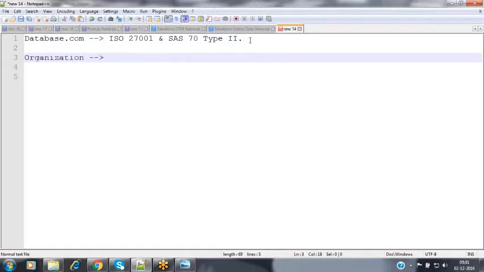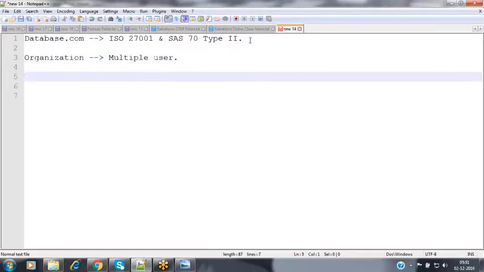Inside an organization, we can have multiple users. Each and every organization will have multiple users. So in this kind of scenario, whenever you are creating the users, each and every user should be associated with a license. Okay, every user should have a license. Now, for example,